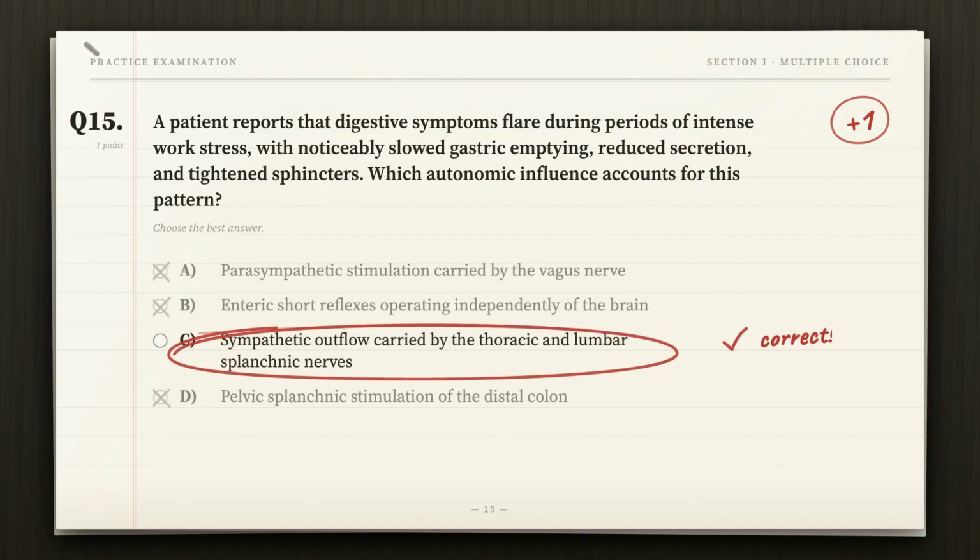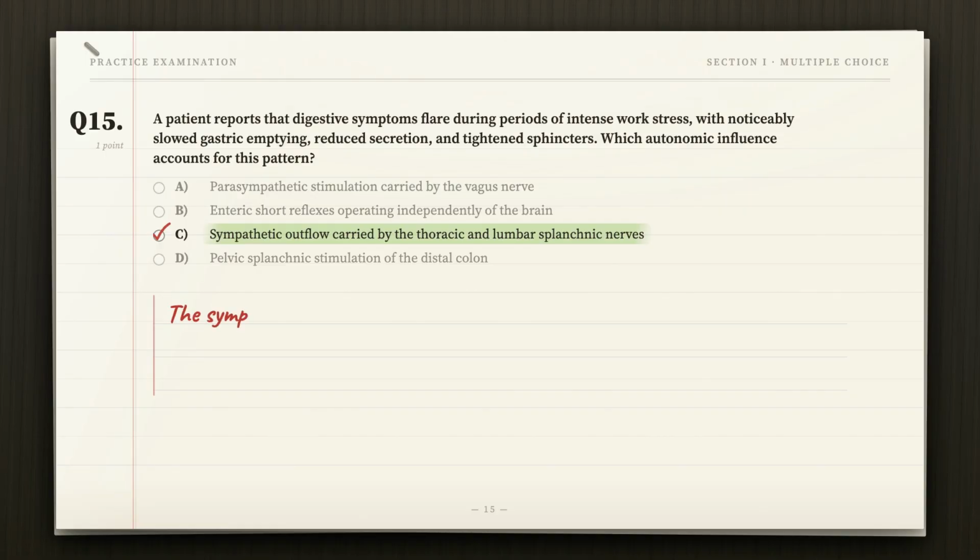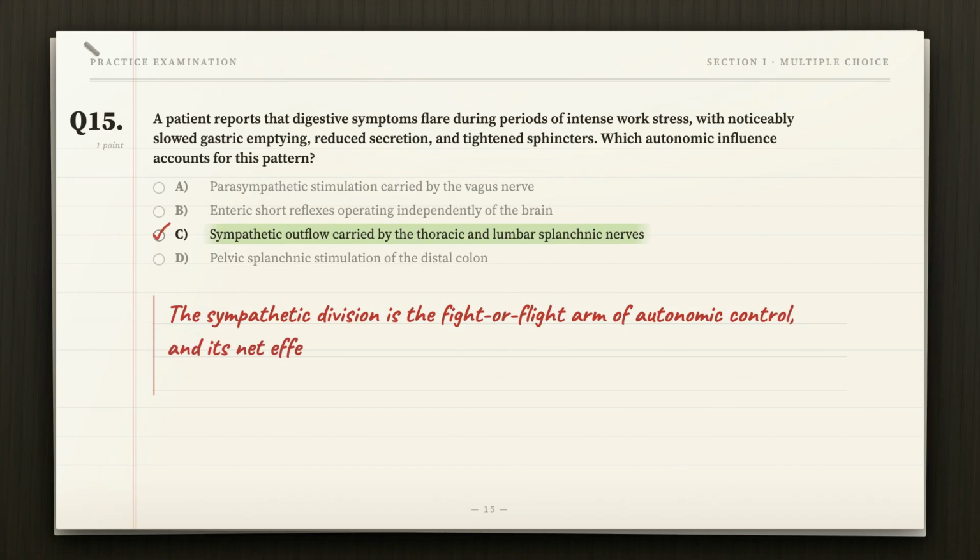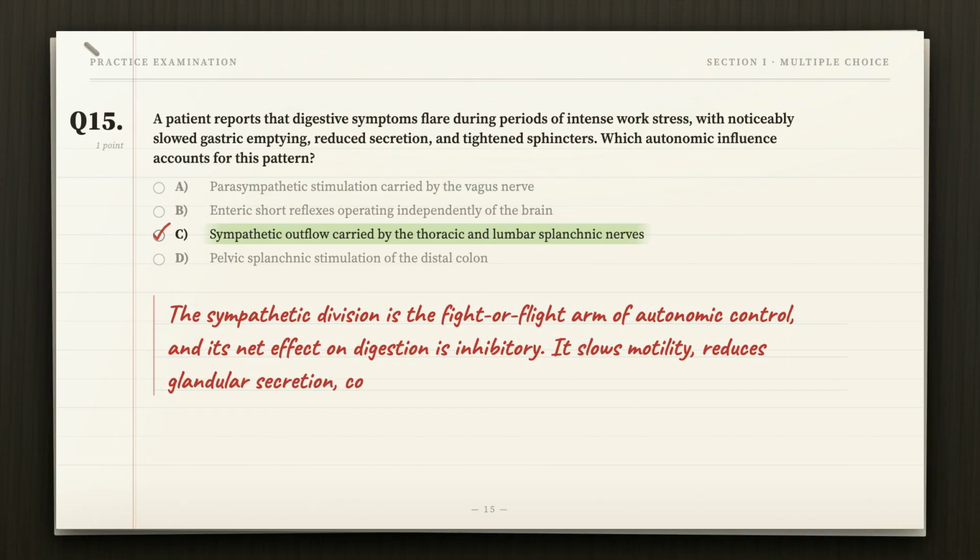The correct answer is C. Sympathetic outflow carried by the thoracic and lumbar splanchnic nerves. C is correct because the sympathetic division is the fight or flight arm of autonomic control, and its net effect on digestion is inhibitory. It slows motility, reduces glandular secretion, contracts sphincters, and shunts blood away from the splanchnic circulation